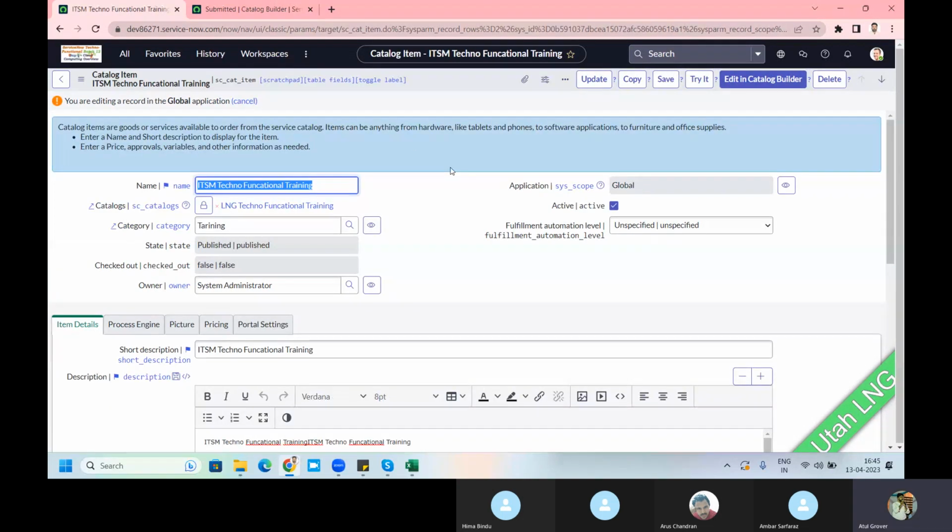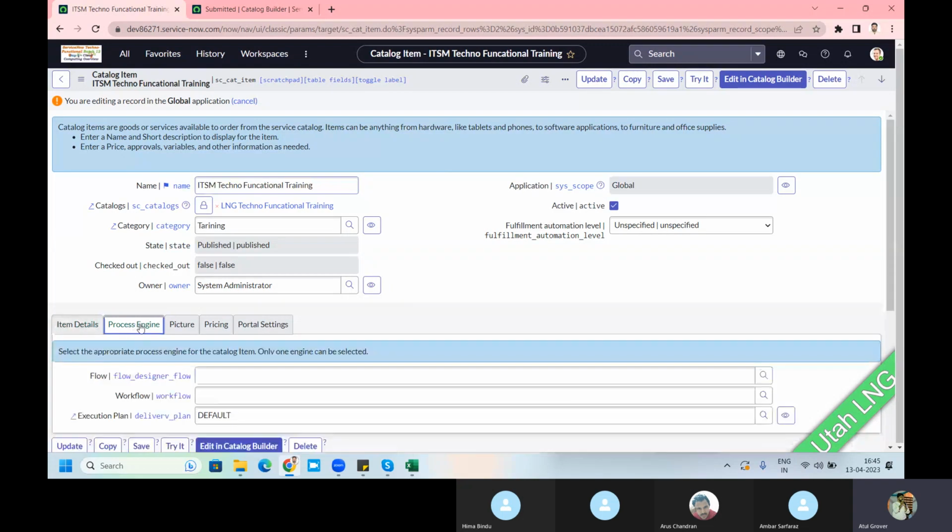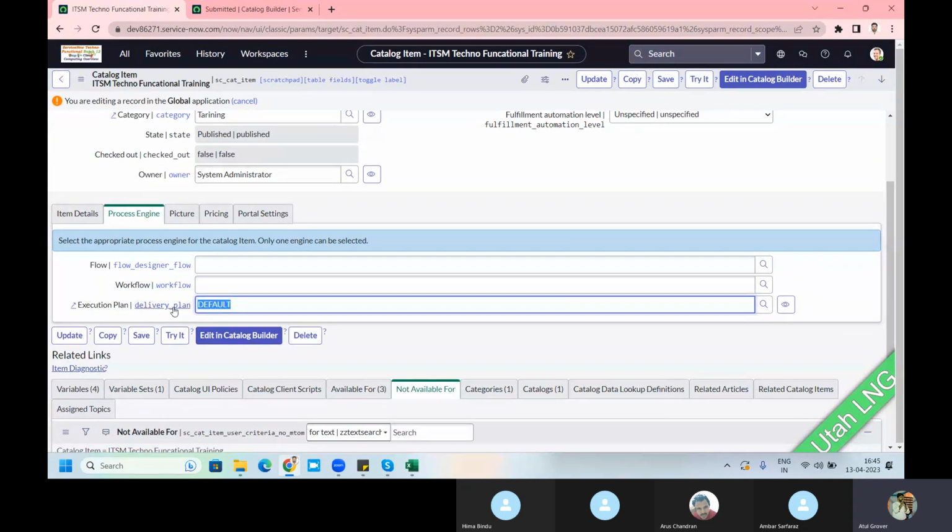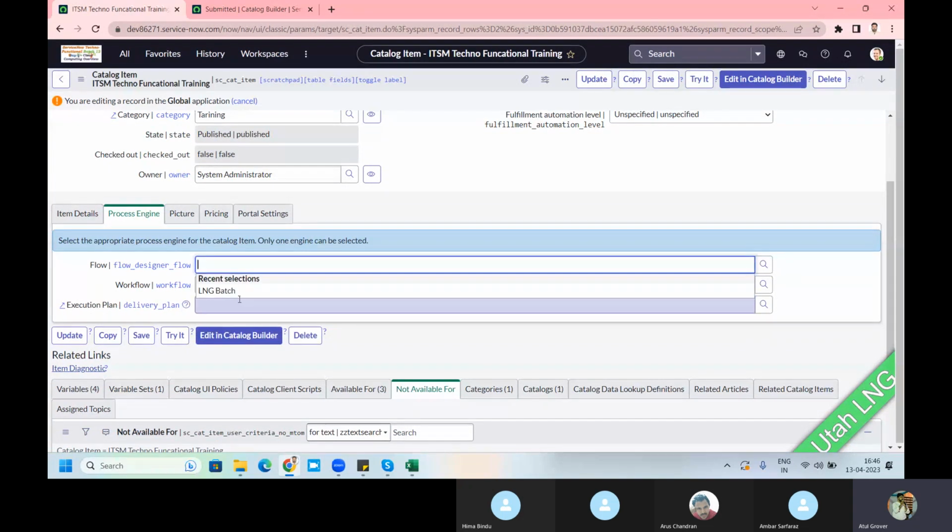Okay, so now what you have to do? Come back in the maintain one and remove this execution plan. And for the time being, mention anything in the flow, any flow. Don't execute, just keep the flow. So maybe you are getting confused. This confusion is why? Because we are using the catalog builder from the